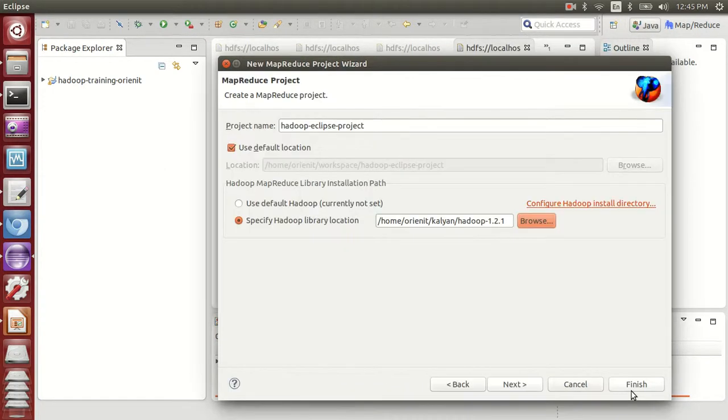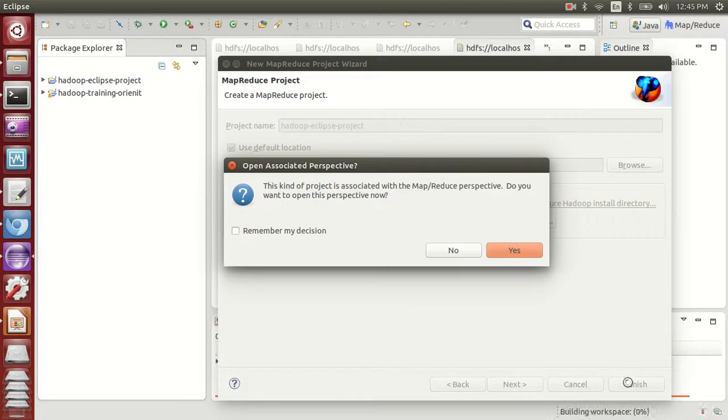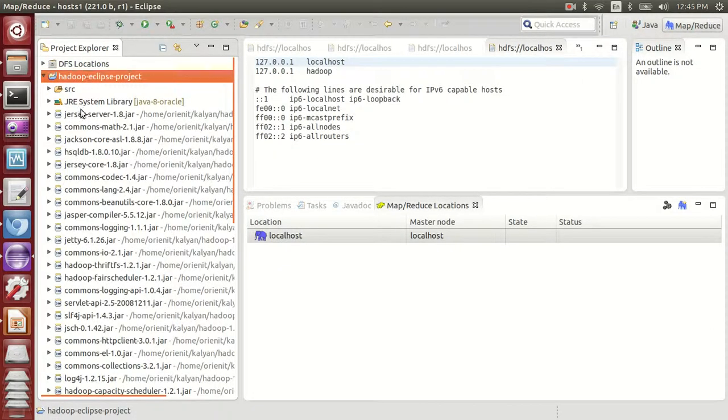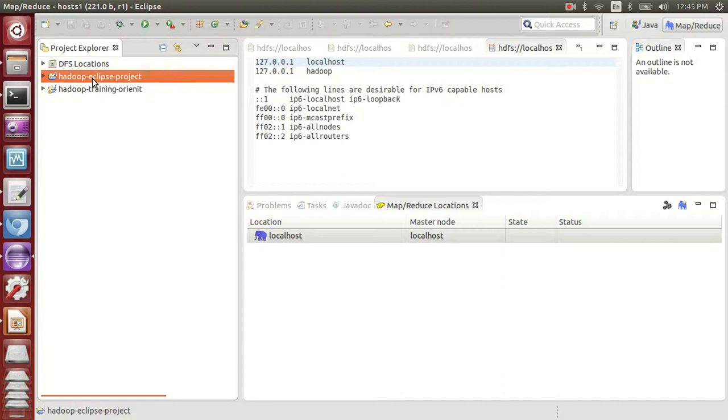Say OK, then finish, and say yes. Now the project is created for you and every jar is added. The advantage is that you need not worry about which jars to add. This plugin makes sure the jars are added to the classpath, so you can build the project.